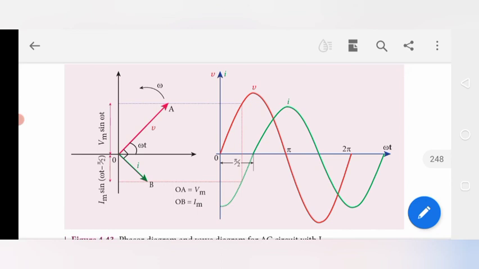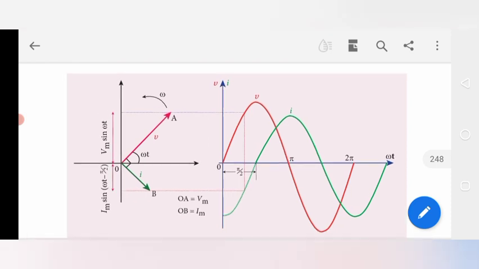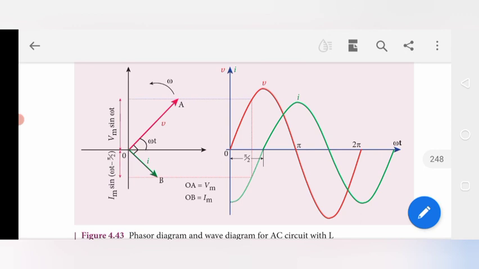So the phasor diagram also shows the maximum voltage and the maximum current here. Here we draw the straight line of the voltage and also draw the lagging of 90 degrees of the current value. The difference between the two is 90 degrees. That's why we write omega t minus pi by 2 here. So this is what the phasor diagram shows. It concludes that when we connect the inductor in a circuit, the current lags the voltage by 90 degrees. So this is the conclusion here.